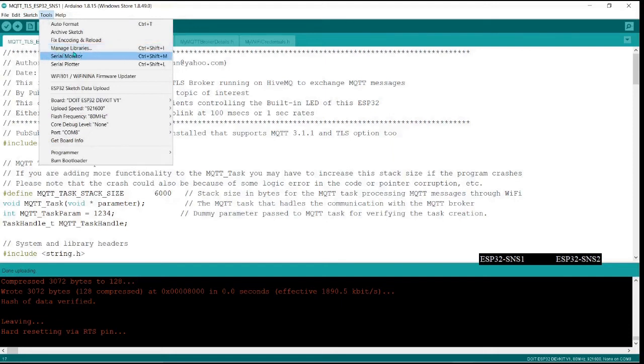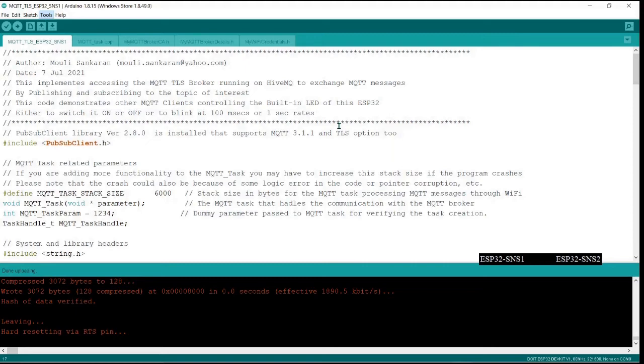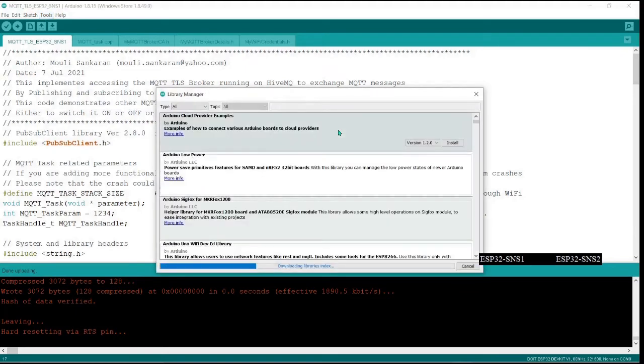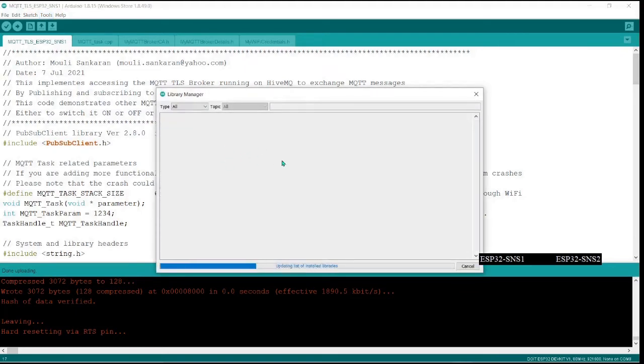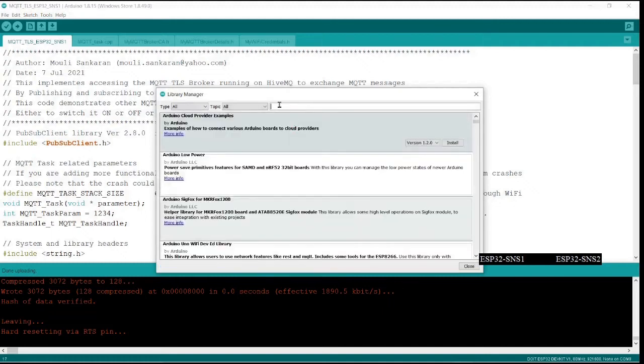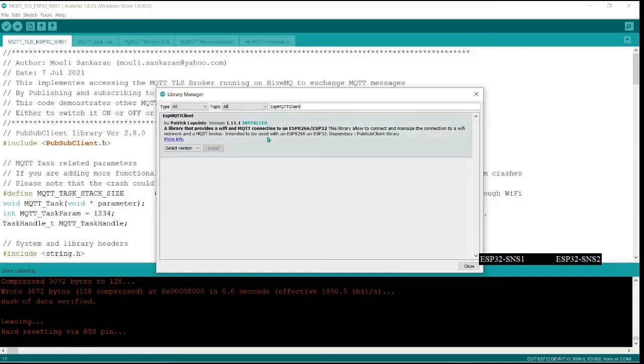So this is the manage libraries, which is for installing a particular library. Now, this is what I mentioned, that the ESP MQTT client needs to be installed.